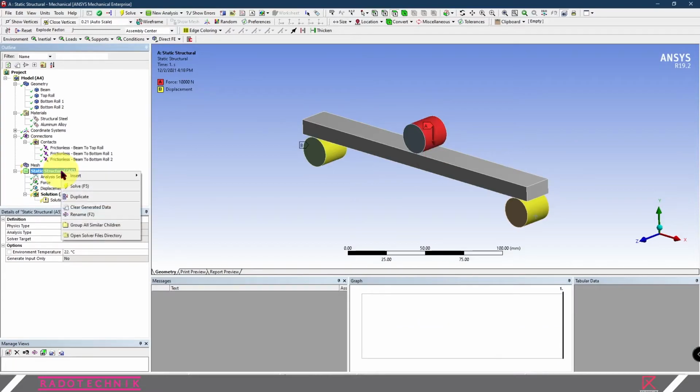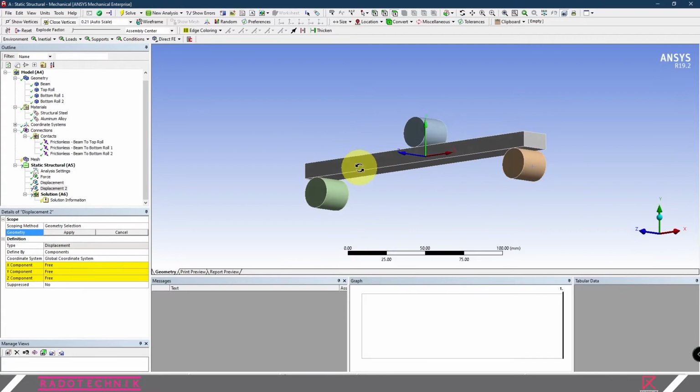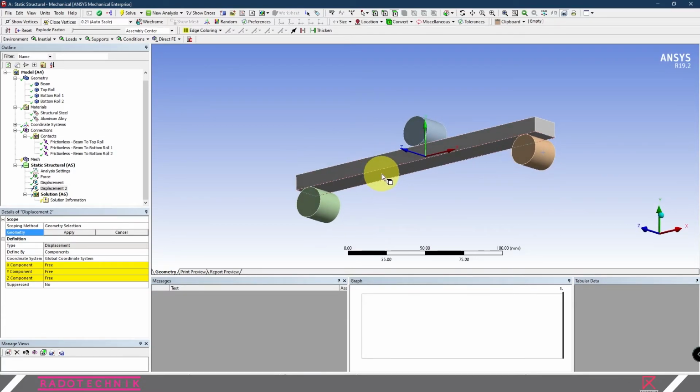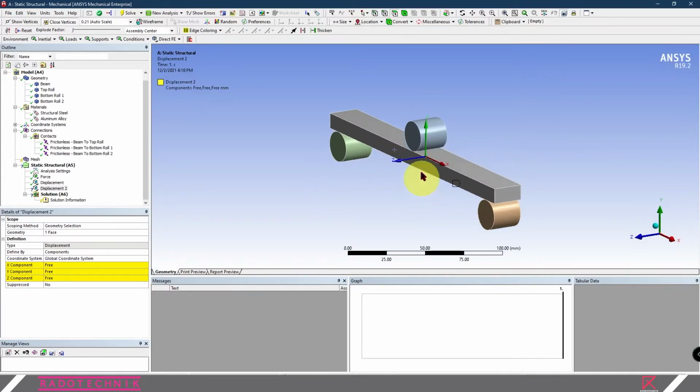And the last, you want to add another displacement, and you need to define this bottom face of the beam so that the beam is free to move in the Y direction, because we apply force in the Y direction, so the beam needs to be able to move freely in the Y axis, either up or down.